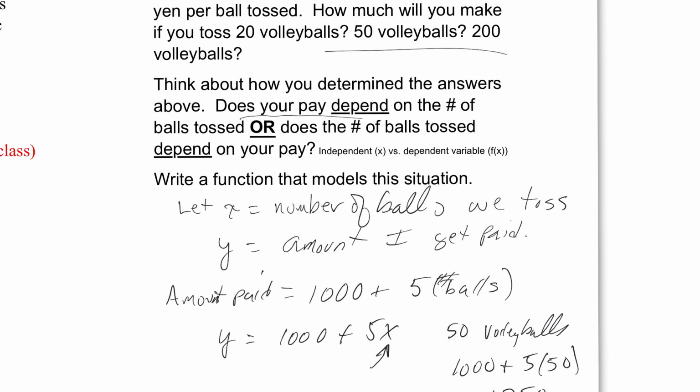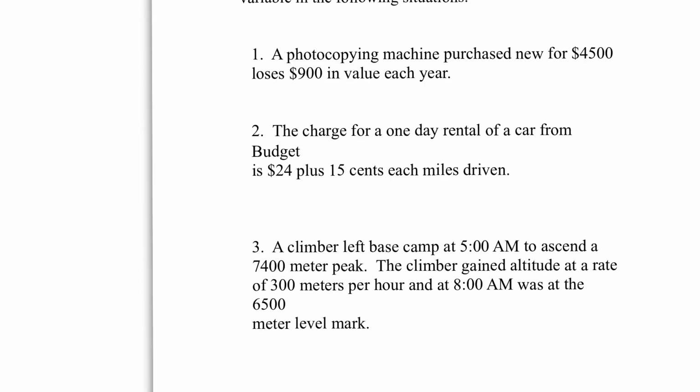The question is, does your pay depend on the number of balls tossed, or does the number of balls tossed depend on your pay? The independent variable, obviously, is the number of balls we toss, because the more balls we toss, the more we get paid. So the amount we get paid is definitely dependent on the number of balls we toss. Why don't you look at these situations and see if you can identify the independent and dependent variables. Go ahead and pause the video and write them down, and then press play again,